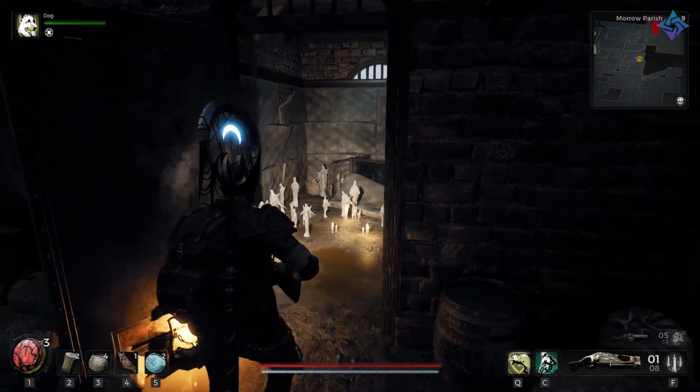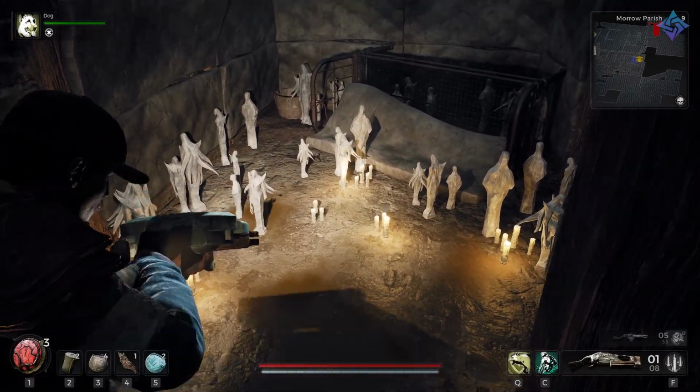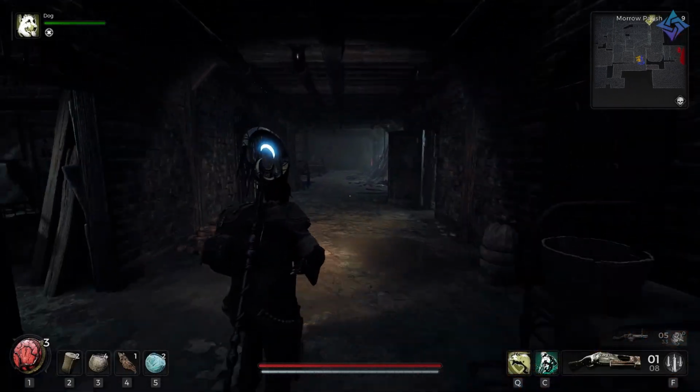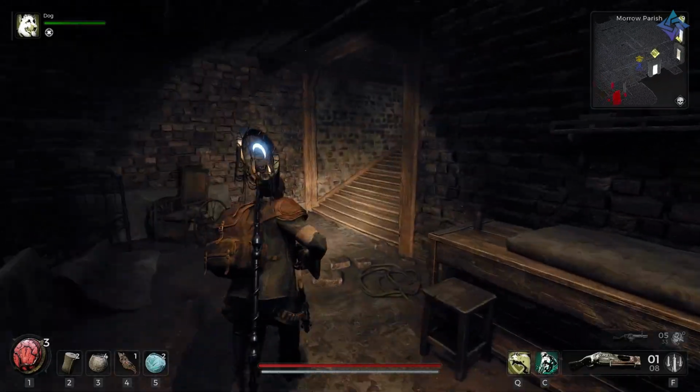And when you unlock the door, nothing will be in here, but there'll be another idol sitting right here in the center, the Nightweaver idol. You want to pick that one up. Now, once you pick that one up, go ahead and head back upstairs,